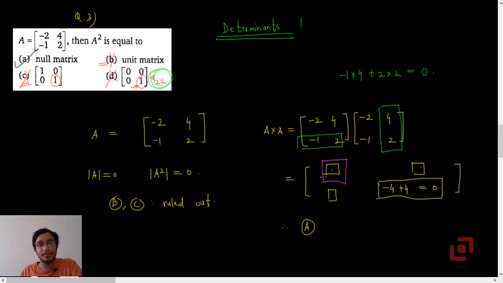If it is 0, then B, C already are ruled out. But again, there is a tie between A and D. If you get 0 here, which you will eventually get, then you will say, okay, B and C are eliminated, but what about A and D? So you have to go to D, this one, A22. So why bother checking what A11 is? Directly go to A22. And now these things will come to you only when you solve all these problems on your own. Okay, that's the main point. So that was question 3.